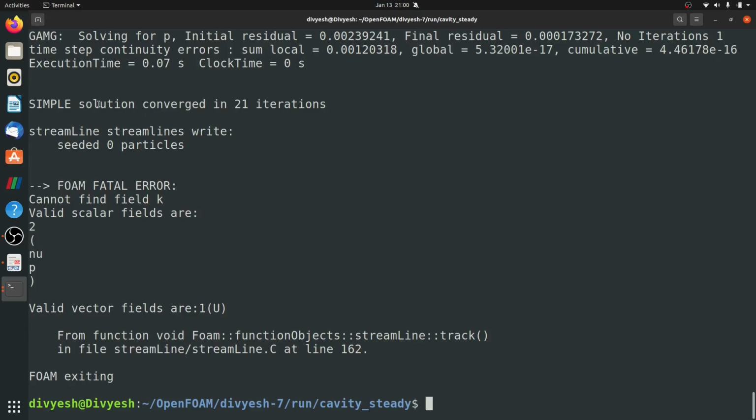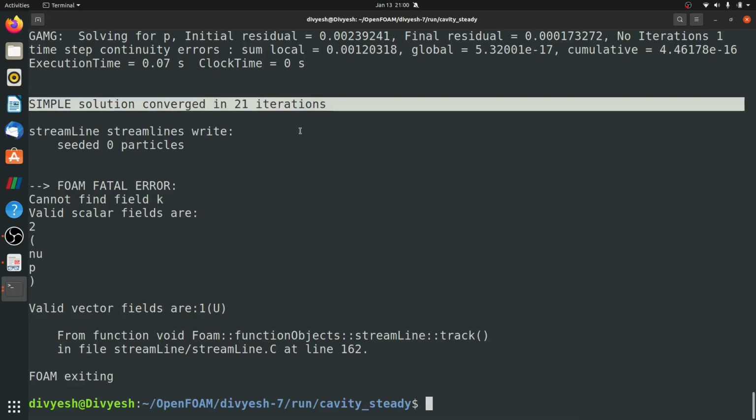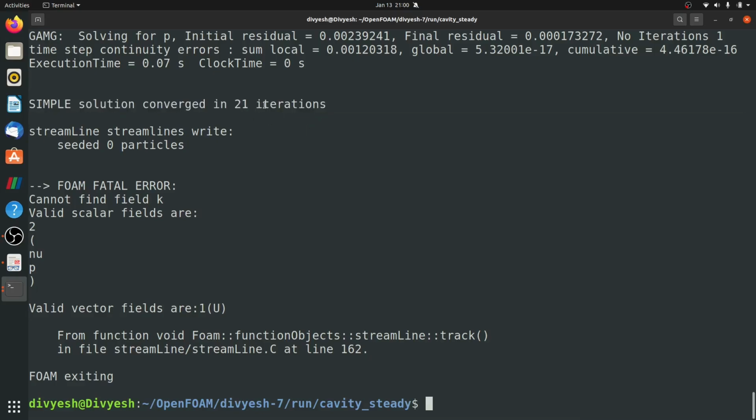If you can see here, the SIMPLE solution converged in 21 iterations. What it means is that it is not solving till 2000 iterations. The convergence criteria value we gave is reached at the 21st iteration. So we have our converged solution.